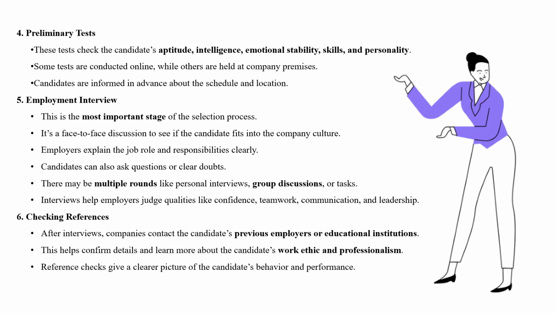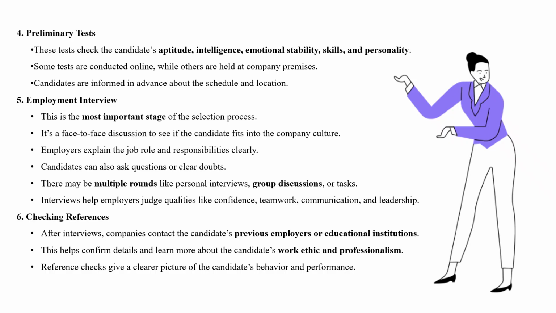So next, fourth step is preliminary test. This step helps to measure candidate abilities. Different types of tests are included. For example, aptitude, intelligence, technical, personality, emotional stability tests, so that the company can choose the best candidate. For example, if Emphasis recruits software engineers, candidates first complete an online coding test before attending the